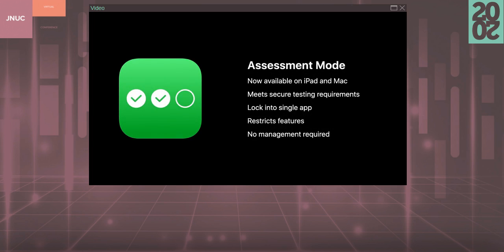The iOS and iPadOS feature formerly known as AAC, or Automatic Assessment Configuration, has been renamed Assessment Mode and is now available on iPad and Mac, starting with macOS Catalina 10.15.4. With that, approved assessment developers can now configure their apps to disable certain hardware and software features at launch to meet the requirements for a secure test environment and prevent a test taker from using other apps and invalidating test